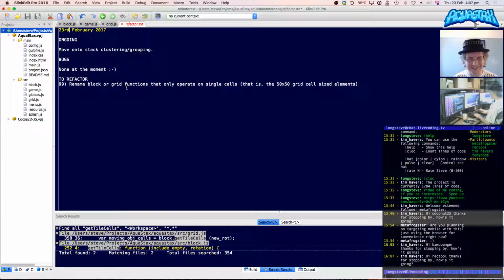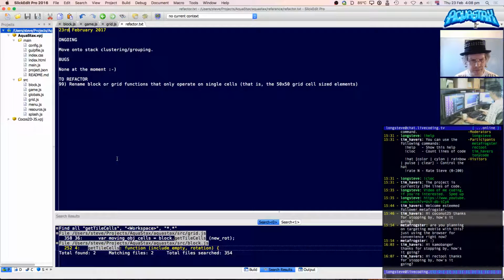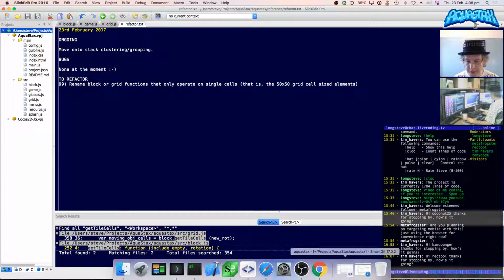Rectool, good to see you. Very appropriate and humorous name. I have lots of rects in my code here somewhere. Actually, I have triangles, not too many rects, although there are one or two rectangles.